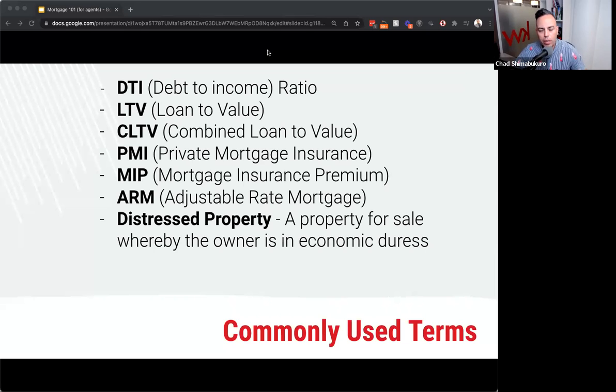But there are some loan programs, if you have a higher down payment, or a different type of loan program, that would allow you to have a debt ratio of up to about 50% or even a little bit higher. The higher you get, just so you know, it gets a little sketchy.